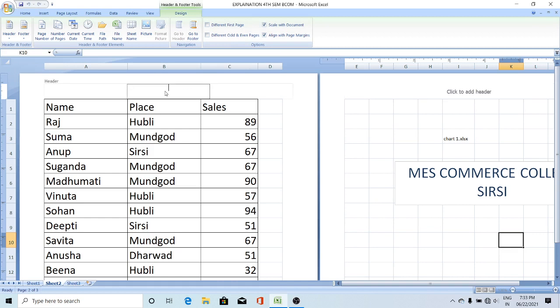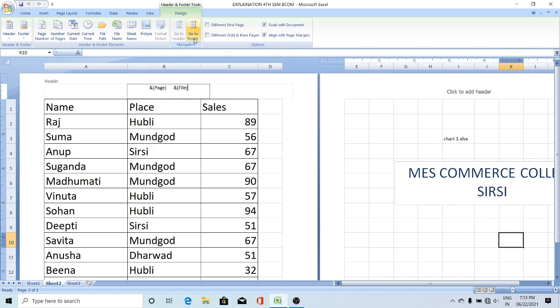I am inserting one header here. I'll insert the page number, give a space, and insert the file name. I have inserted two elements here, and now I go to the footer.